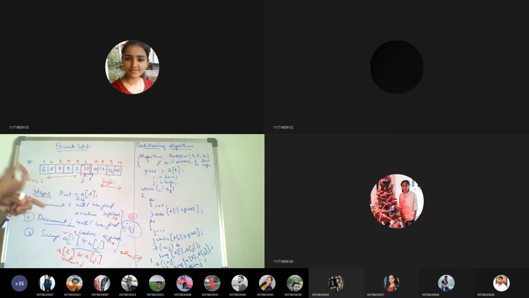By swapping, what will happen? Lower values will come to the start of the list and higher values will move to the end of the list. Okay, so this procedure will continue while I is less than or equal to J. Once this is false, what do we have to do? We need to swap A of L, that means the pivot, with A of J. Okay, now when this is happening, we have to return J. That means 6, whatever was written. So this is the partitioning position.